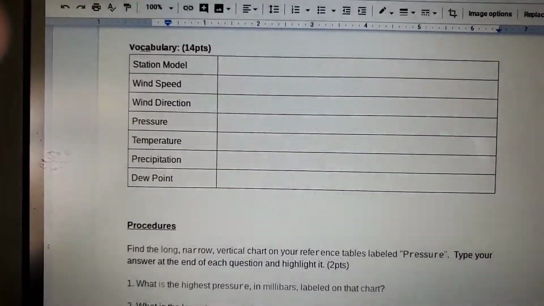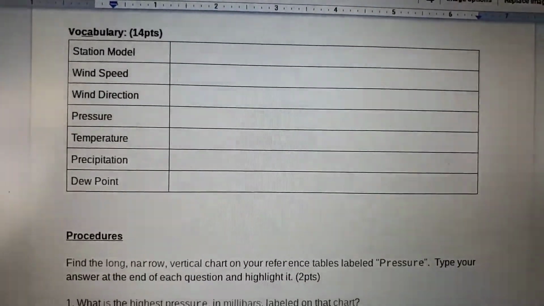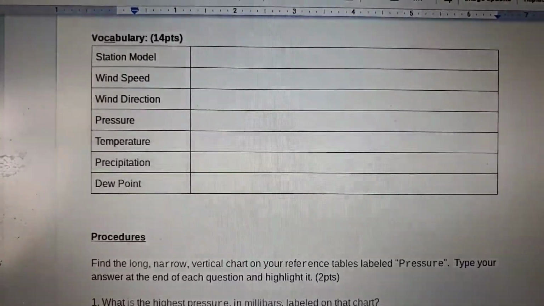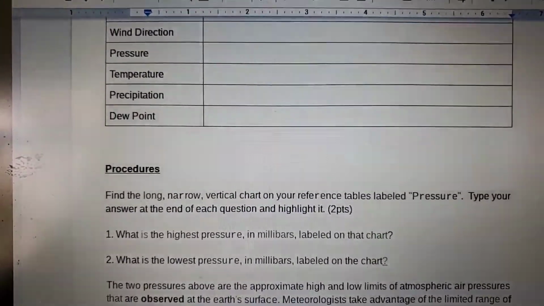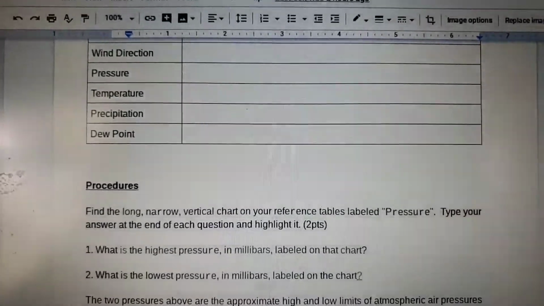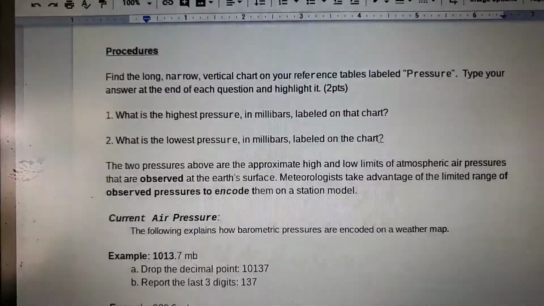Vocab, make sure that you're filling out the vocab for this unit. So make sure it's weather, wind speed. What is wind speed? What is wind direction? Wind direction always comes from the north. Or sorry, wind is always named for the direction it comes from. If it's coming from the north, then it'll be a north wind. Okay. All right,